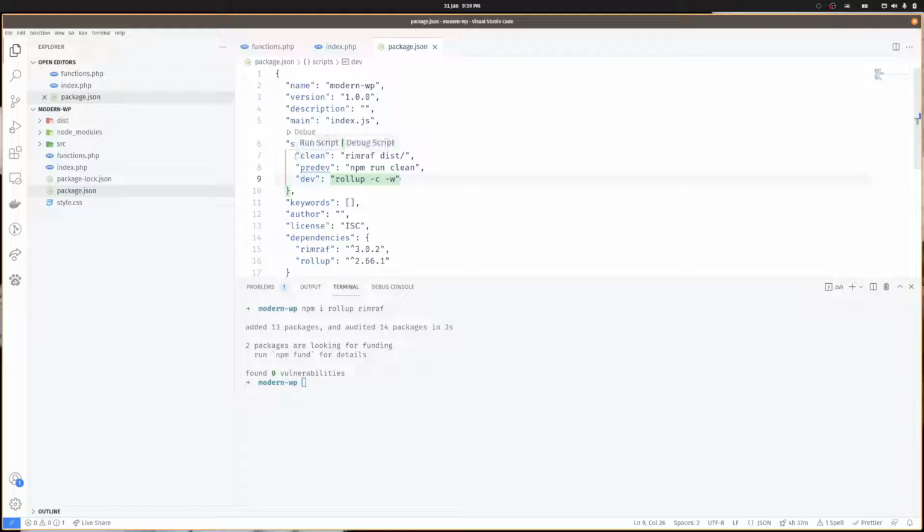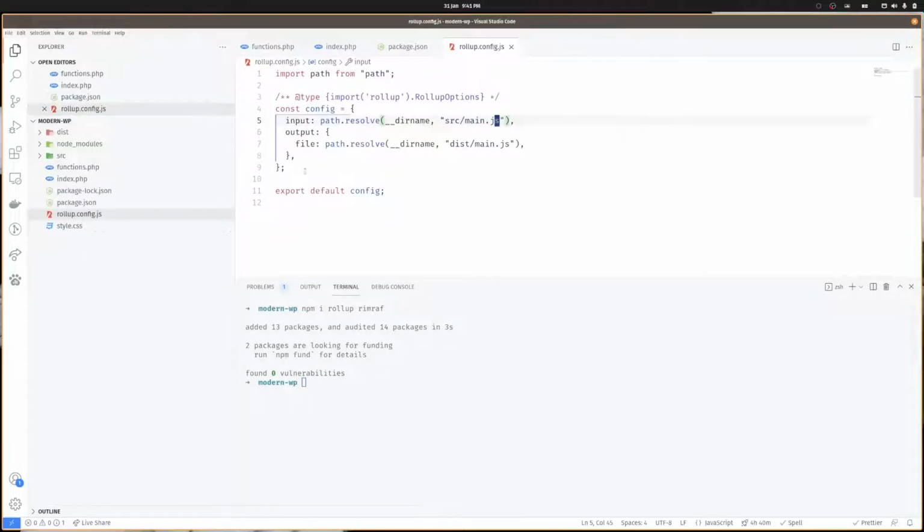So rimraf will clean the dist folder, and when we run npm dev, it will also run npm run clean. So we need to create a rollup config. So this is just a simple config, and if we run npm run dev,